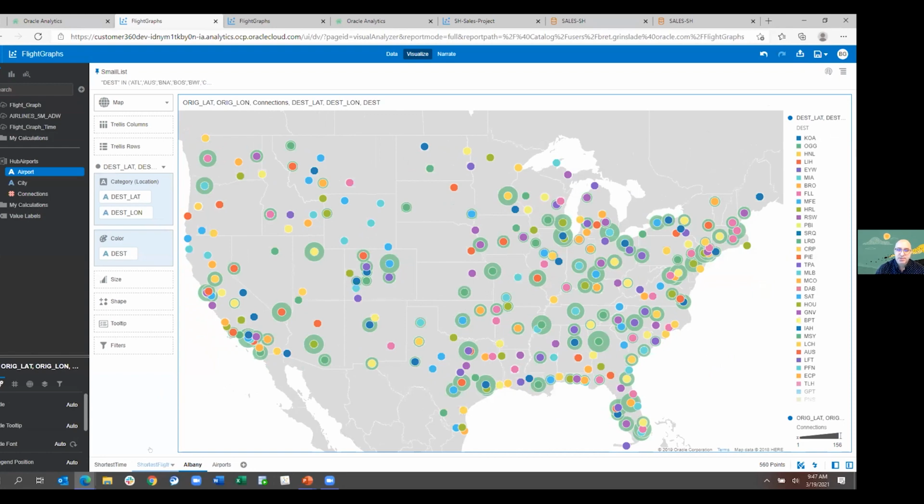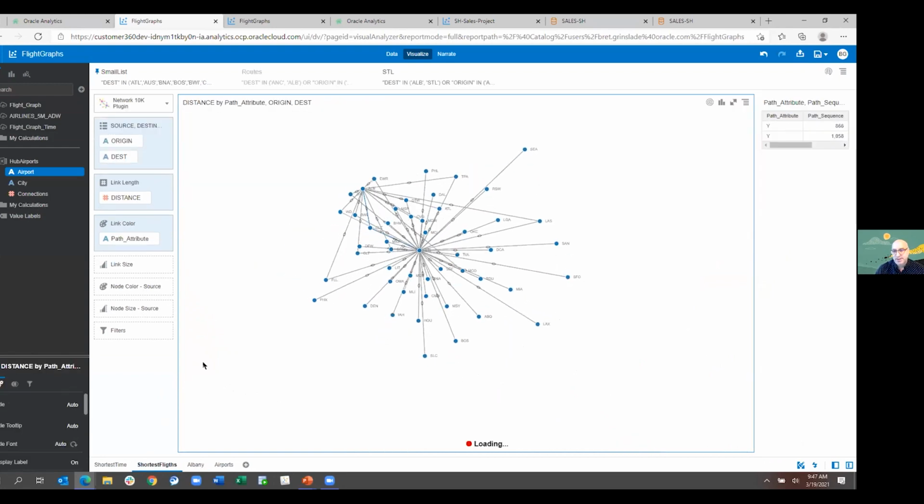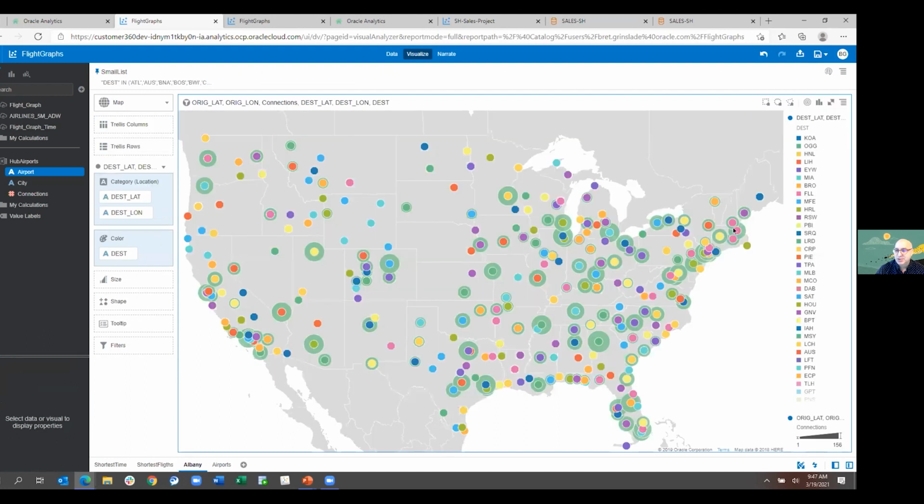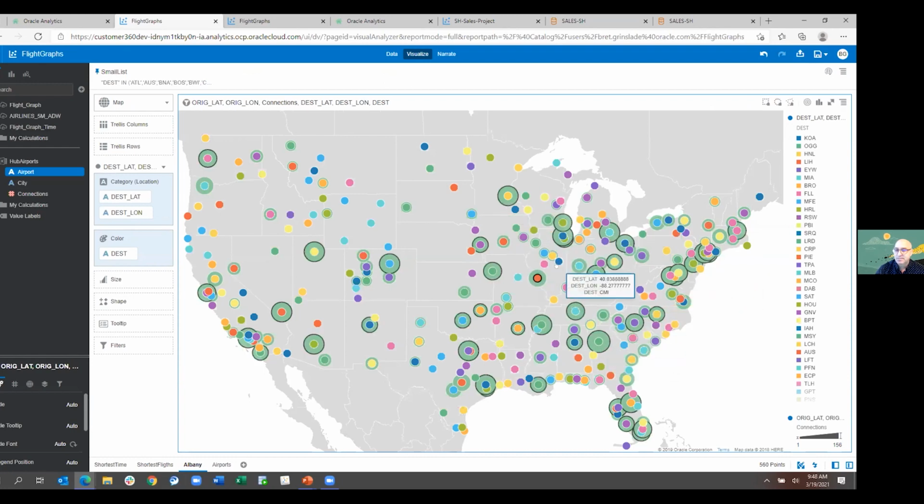Let's say I wanted to figure out something like the shortest flight between, in this case, Albany to St. Louis, just as an example, since I had no idea how to get there. If you look at this chart, I think Albany is up here. These are the hubs that are near it. And I think St. Louis is right there. Here are the hubs that are near it. So it's not obvious what the shortest path would be.